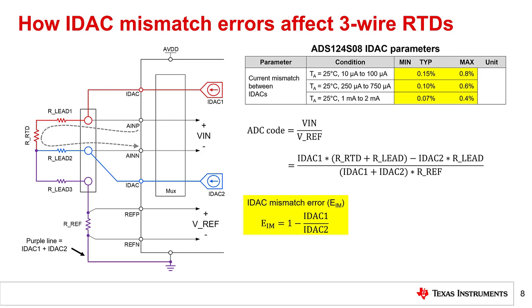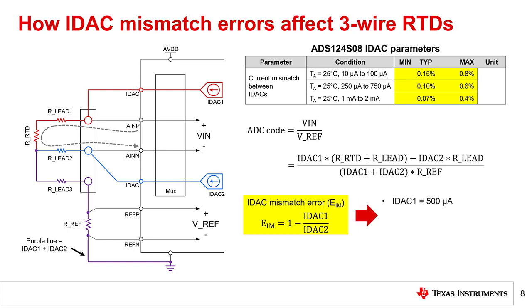Note that the choice of dividing IDAC1 by IDAC2 is arbitrary, such that the mismatch could also be defined as IDAC2 divided by IDAC1. This changes some of the equations, but the resulting calculations are identical. Also note that by definition, EIM must be less than 1 because IDAC1 and IDAC2 are both positive non-zero values. If IDAC1 is greater than IDAC2, then EIM will always be some negative value. If IDAC2 is greater than IDAC1, EIM will always be a number greater than 0 and less than 1.